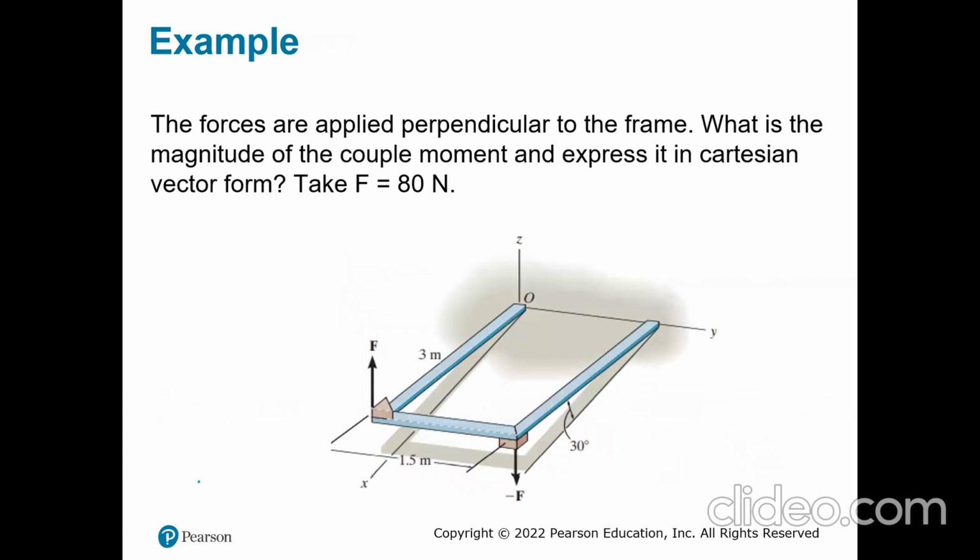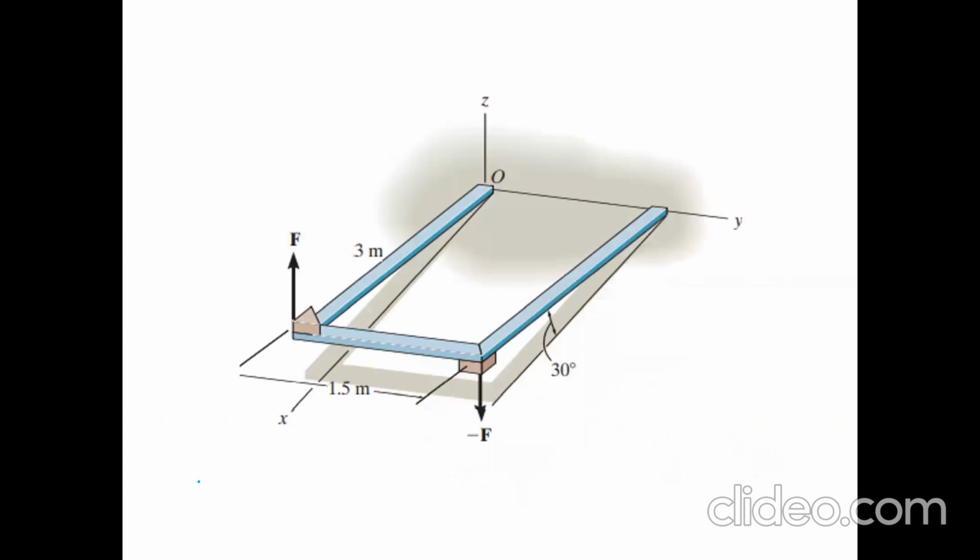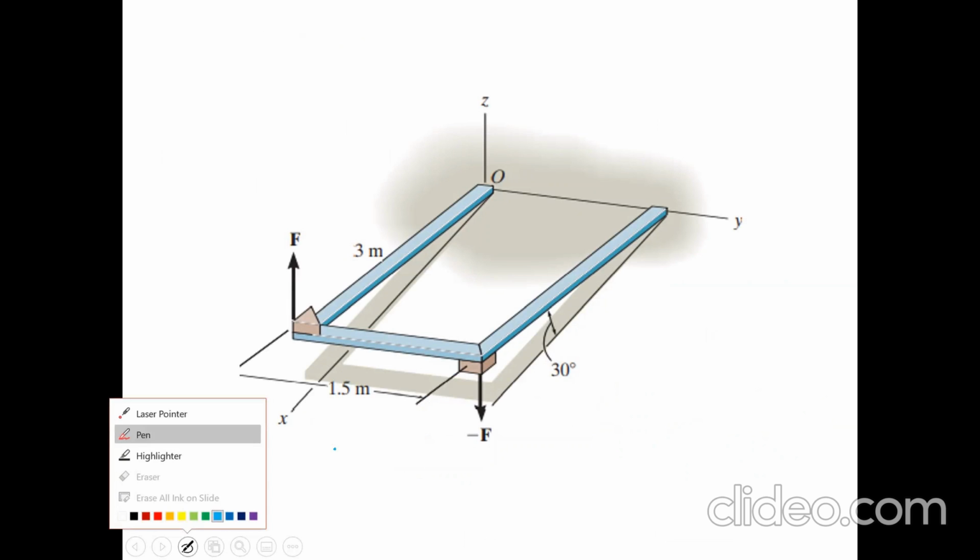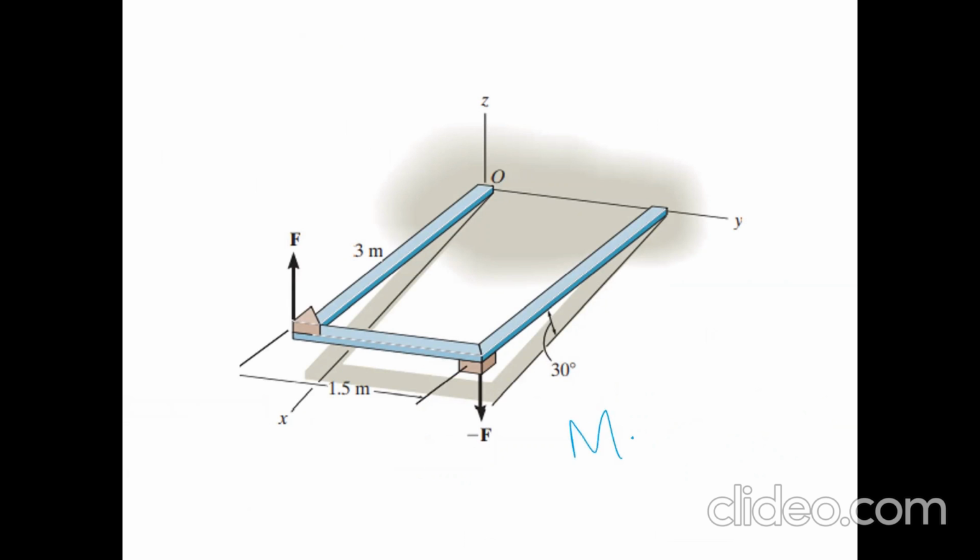Okay, so let's look at this example. This is a different example. We have forces that are applied perpendicular in the frame. They are asked to find the magnitude of the couple moment and express it in Cartesian vector form. They asked to take the force as 80 Newton. So we know how to get that. It's simple, we can use scalar here. The moment we can get as force times the perpendicular distance, which is directly given. So force is 80 times my perpendicular distance of 1.5. So that's going to be my